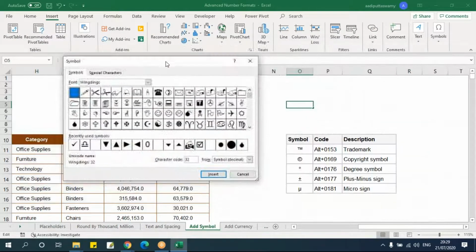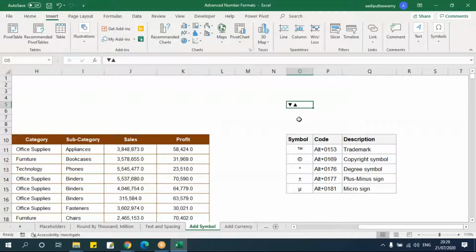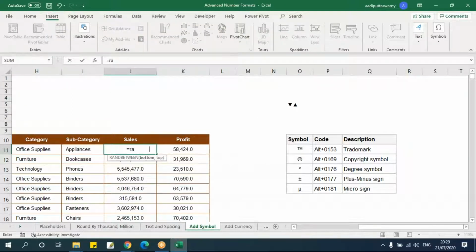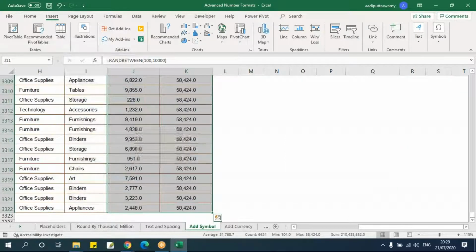I think this also we have done, so quickly we'll just do this as well. I'll say insert, saying greater than or lesser than, something like this. Let's say all the values here, let's make it a short value. I'm just trying to make it a smaller value.